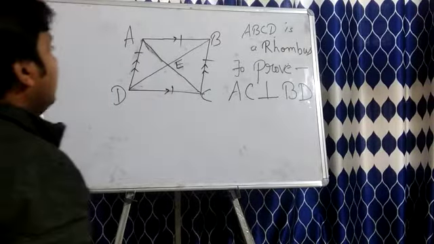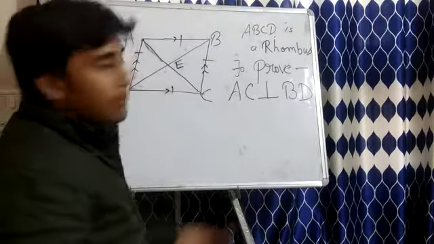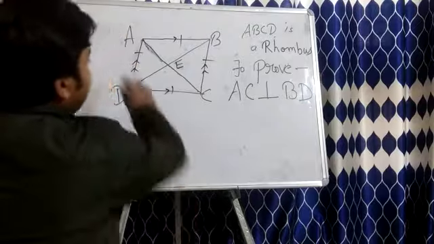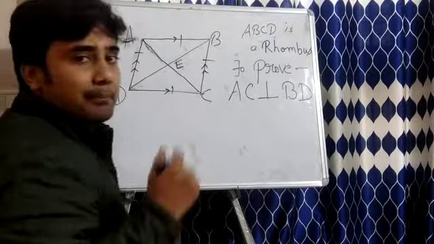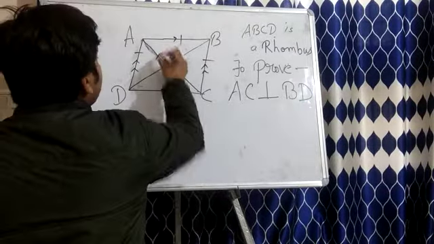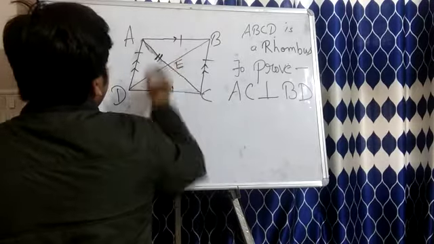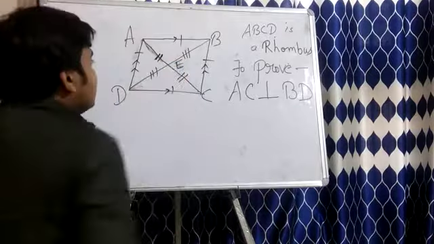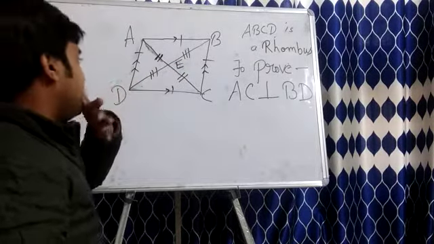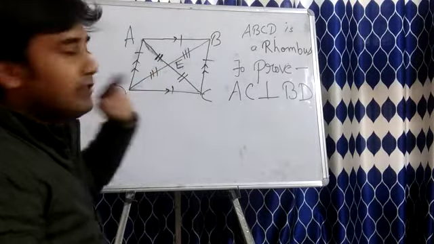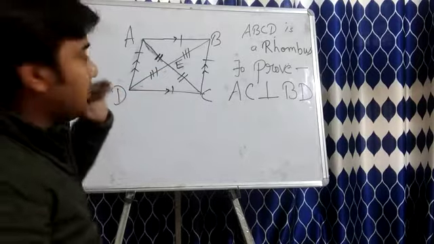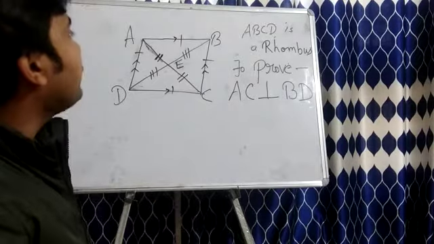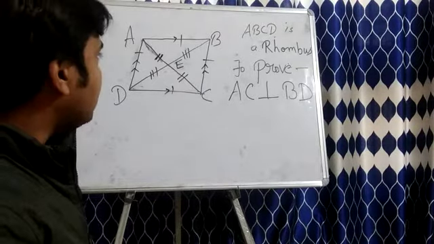So, from the properties of a parallelogram, we know that the diagonals in a parallelogram bisect each other. Therefore, this will be equal to, let us give it a double slash, equal to this. And this will be equal to this. Now, these are the basic information that we know about a parallelogram. What we have to prove is that in a rhombus, AC is perpendicular to BD. Okay, this is what we have to prove. Now,